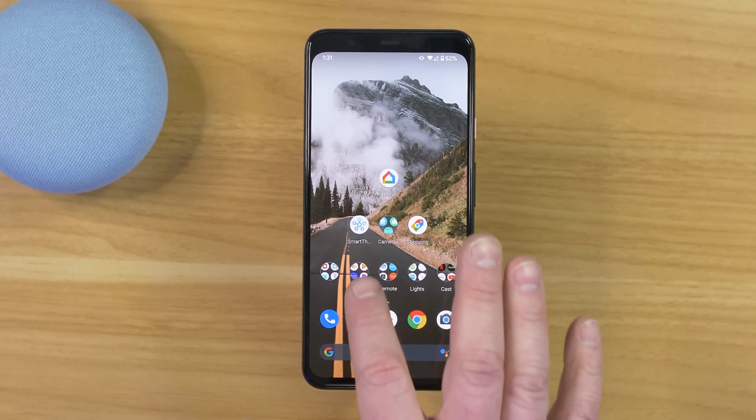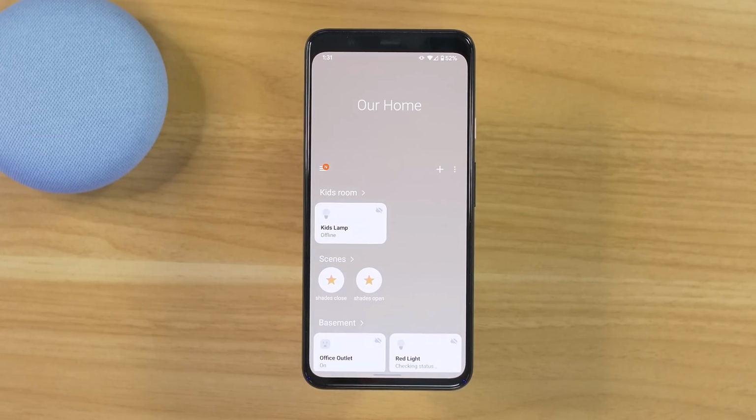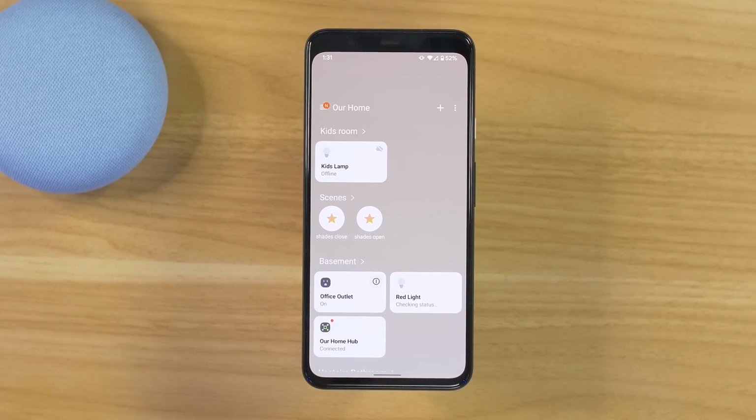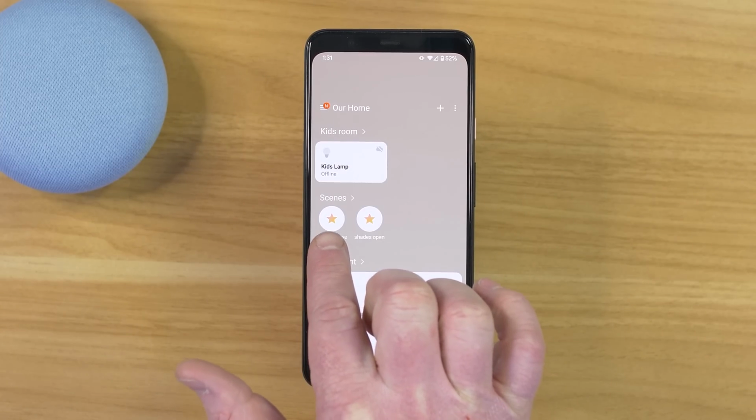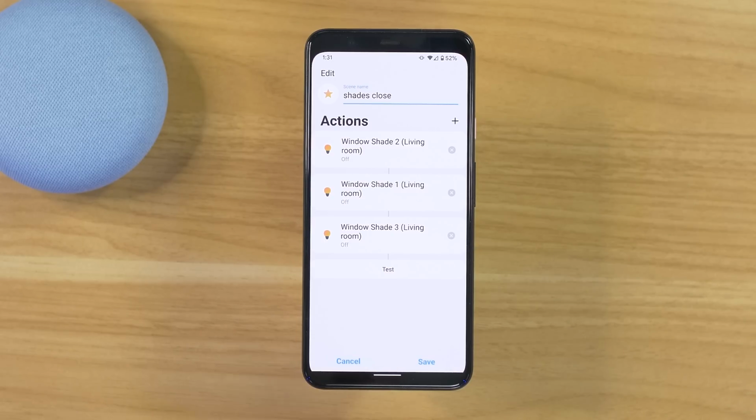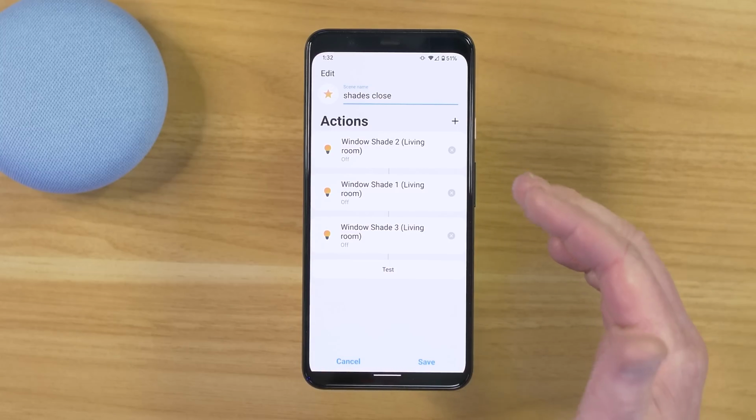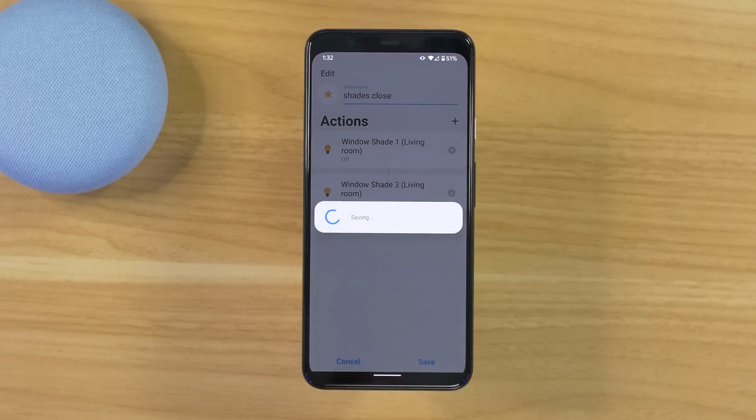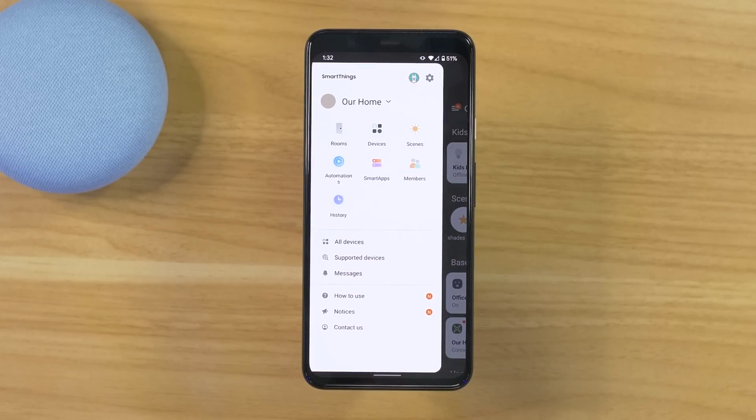So I already have some smart things set up and some different smart automations. So in today's video, I'm going to use lights as well as I'm going to automate shades. So here I have the shades are going to close. So here I'm going to remove this window shade 2 because we're going to add this to our automation when the lights turn off. So I don't want it to be added here because this is a different automation schedule. So I'm going to take that off right there, select save, and then I'm going to go into my menu